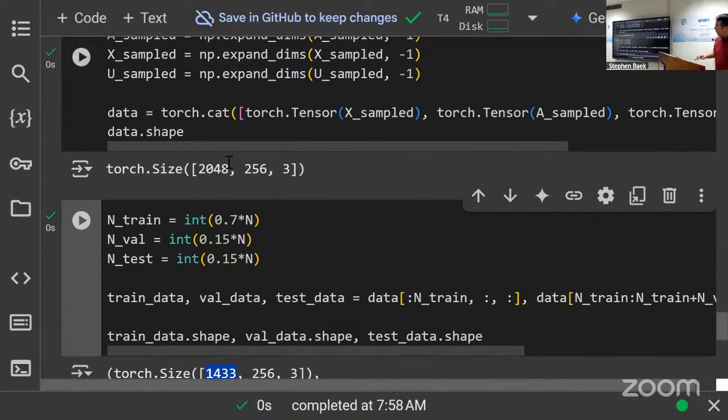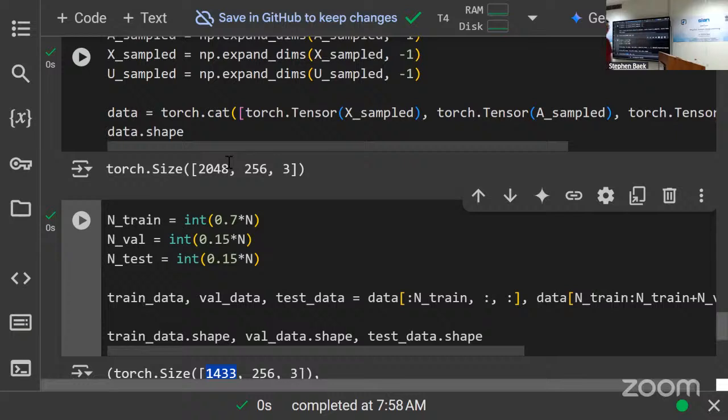Yeah, so originally we have a total of 2,000 samples, okay? Each of the samples has 256 by 3. 256 indicates the grid size, so it's a 1D signal. And then the one-dimensional space is divided into 256 nodes, right, to discretize that space. And then 3,